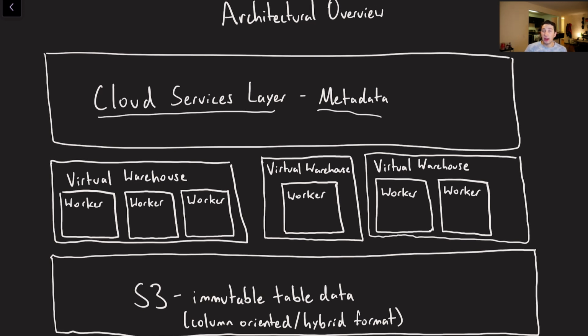So that is the cloud services layer. From what I understand, it's completely fault tolerant and it is completely ACID compliant. So it's probably going to look something similar to what we see in certain other of the data warehouses that we covered, where you're probably using something like a geographically replicated Paxos store or something like that to ensure all of that.